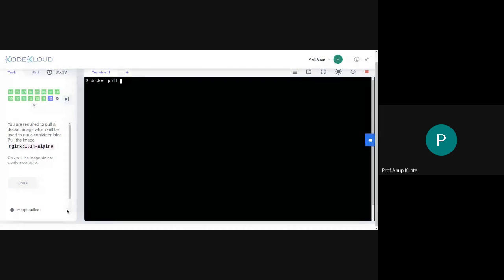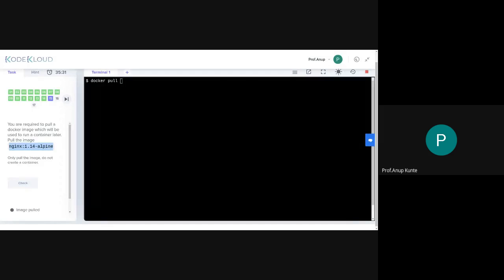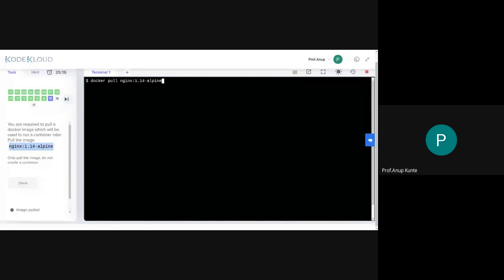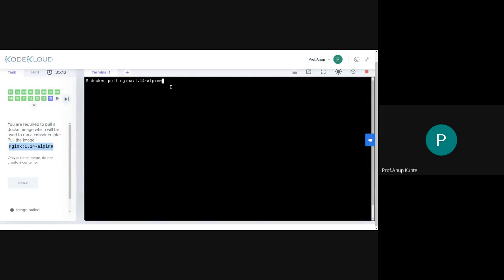So you need to figure out the tags and identify whether the container that you are pulling is an official one or not. After these 17 questions are over, I'll show you how to check whether an image that you are trying to pull is actually an official image or not, how to identify that on the Docker Hub. For now, the command to pull is very easy: docker pull and the name of that particular image along with the tag.